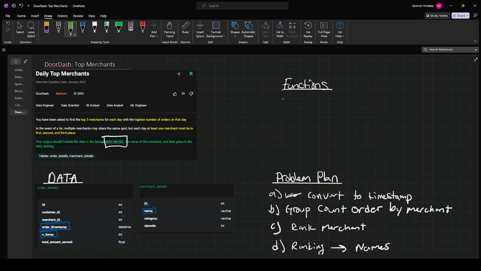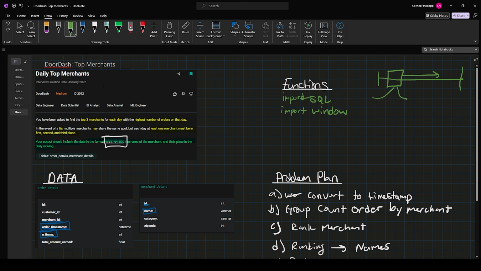So we're going to want to import SQL. I mean, that's pretty stock standard for PySpark. But then we're also going to want to import Window, because we are going to make a window function. And very quickly, if you don't know what a window function is, if this is a range of dates, a window function allows you to examine these dates, like this goes forward, and then information can come in and information can get passed out. It's kind of how a window function works.